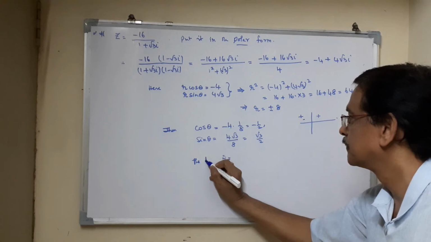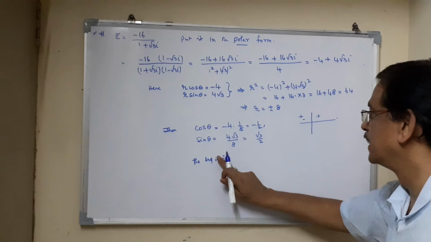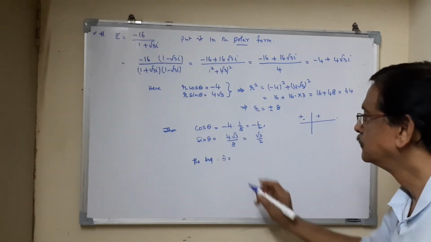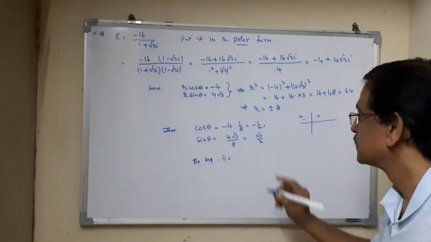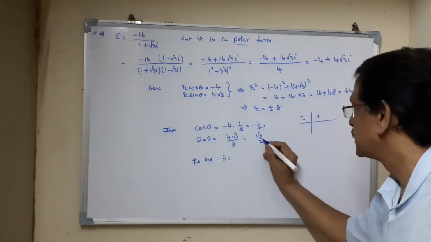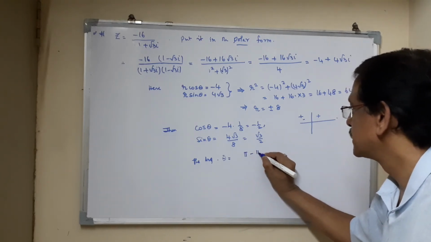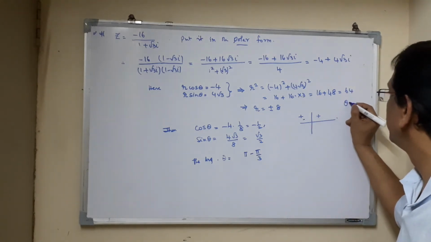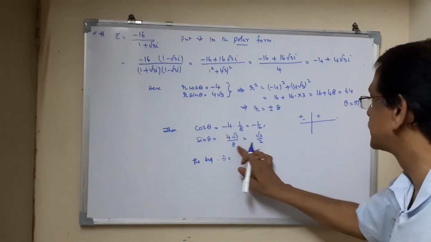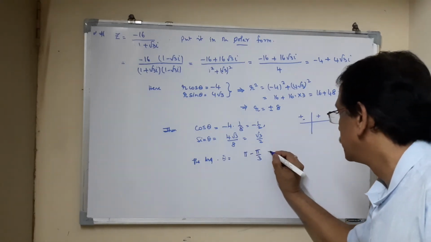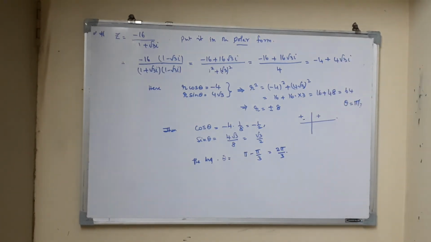the argument theta is equal to, see, they agree at, see, this is positive, so I have to write pi minus pi by 3, because when theta equals pi by 3, sin 60 is root 3 by 2, so this will be 2 pi by 3. So these two agree at 2 pi by 3.